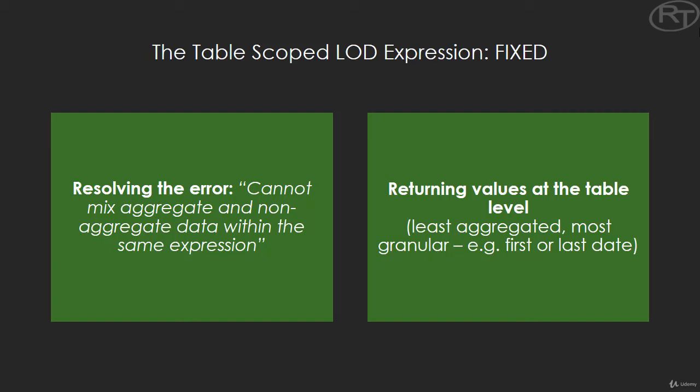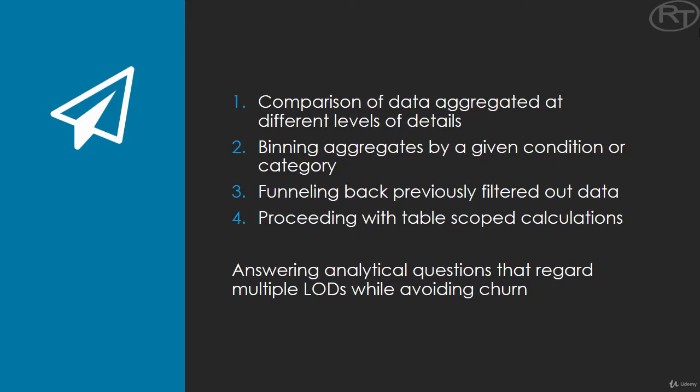Include and exclude work like some kind of complementation to the view LOD, therefore they work at the aggregate level. This leaves the fixed expression the only useful tool for resolving that error message, of course, apart from restructuring the whole view. So as you can see, there are a bunch of different ways in how to utilize LOD calculations